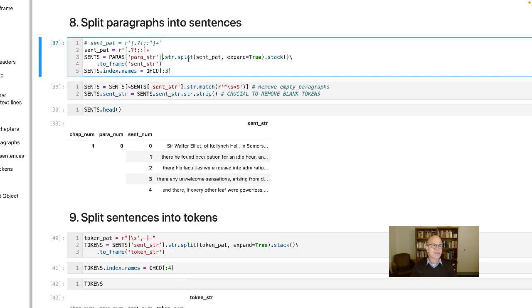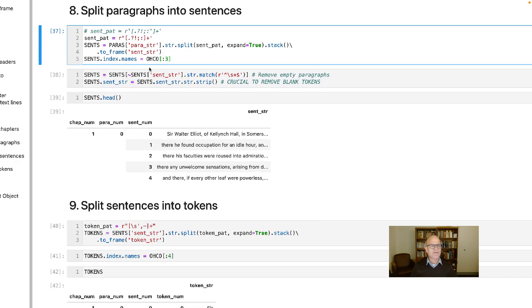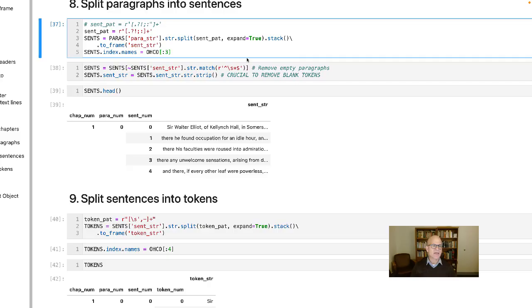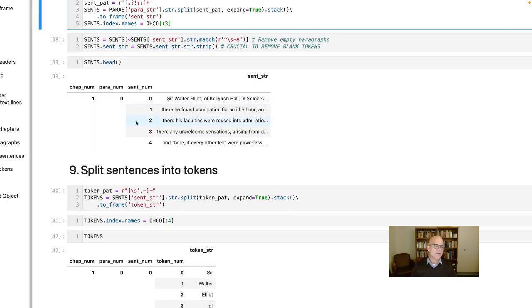And then we're going to do the same thing. This is a pattern you can see. We're splitting, expanding, and stacking. Split, expand, stack to frame and so forth, and then giving index names. As a result of this, very same sorts of things. We're cleaning up, we're removing empty content, we're stripping. Now we have expanded our index into 3. And we're almost done because we want to get into tokens. But you can see we've got chapters, paragraphs, sentences,